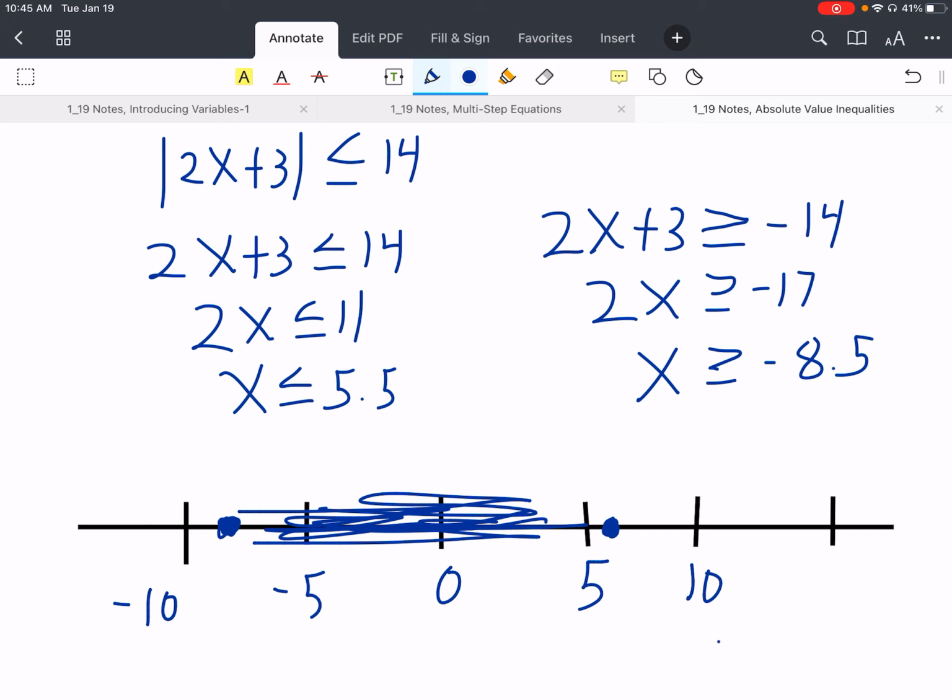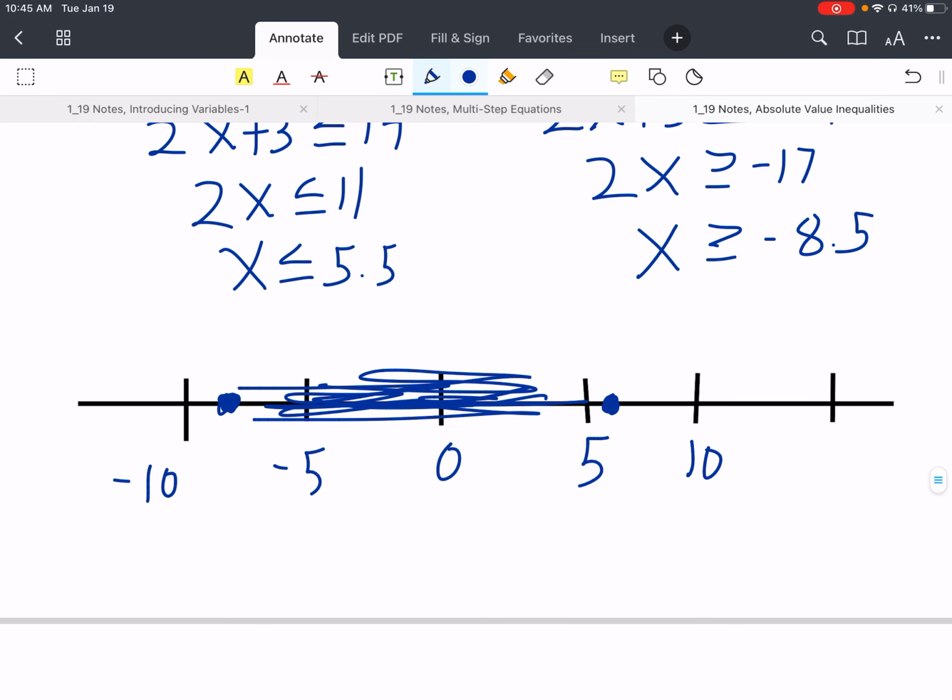So that is an and, which means the interval notation is bracketed from negative 8.5 all the way to positive 5.5,